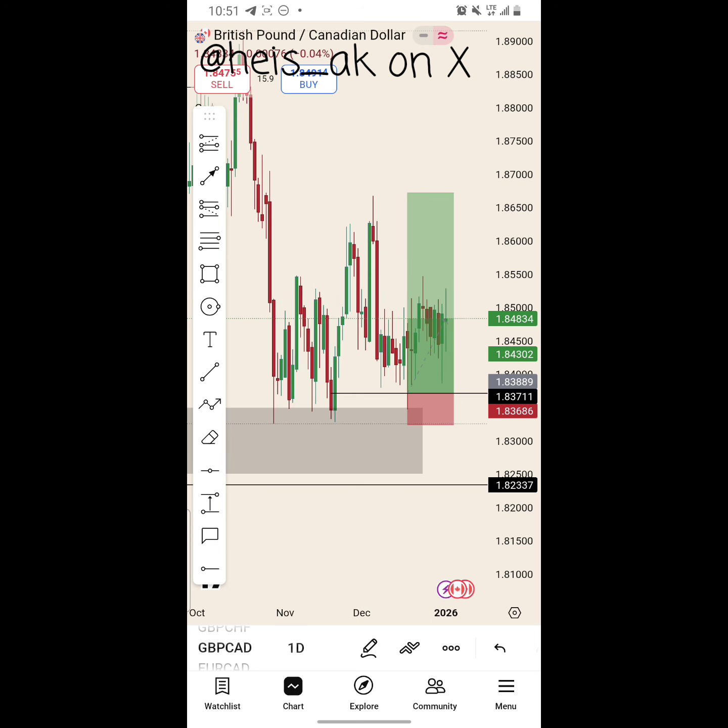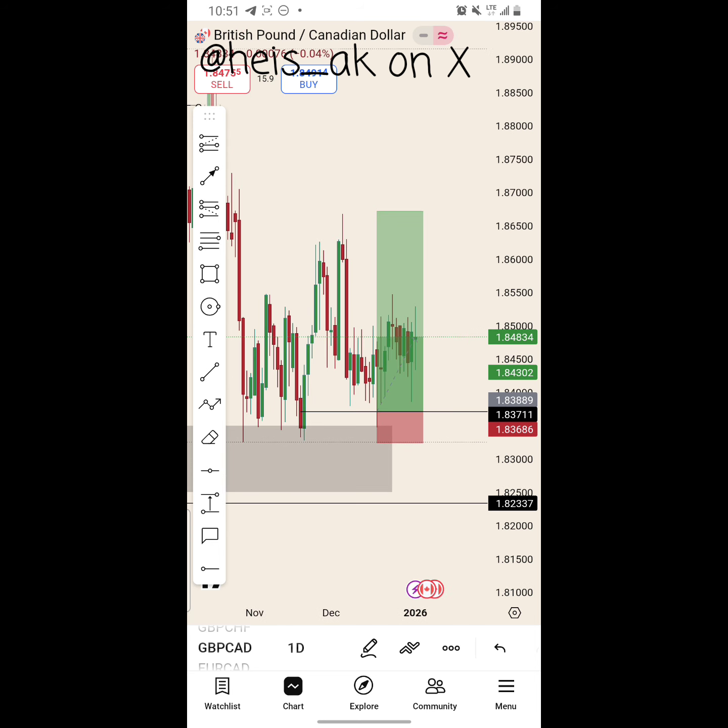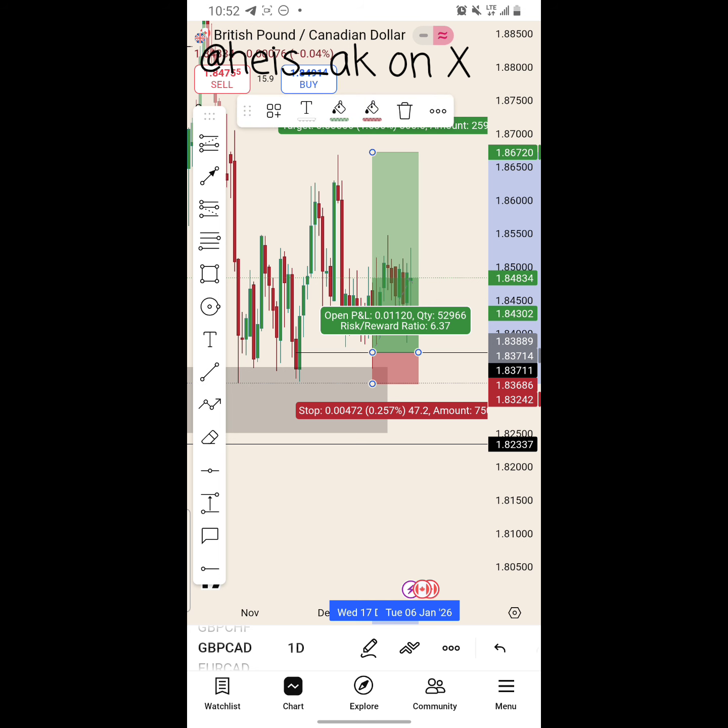So finally, I had a proper sweep here. You can see this low, and the proper sweep of this low, and you can see proper liquidity here, and there is also the break of structure. So I marked out my POI and waited for price to just fall in. And when you are doing the right thing, you don't need to extend